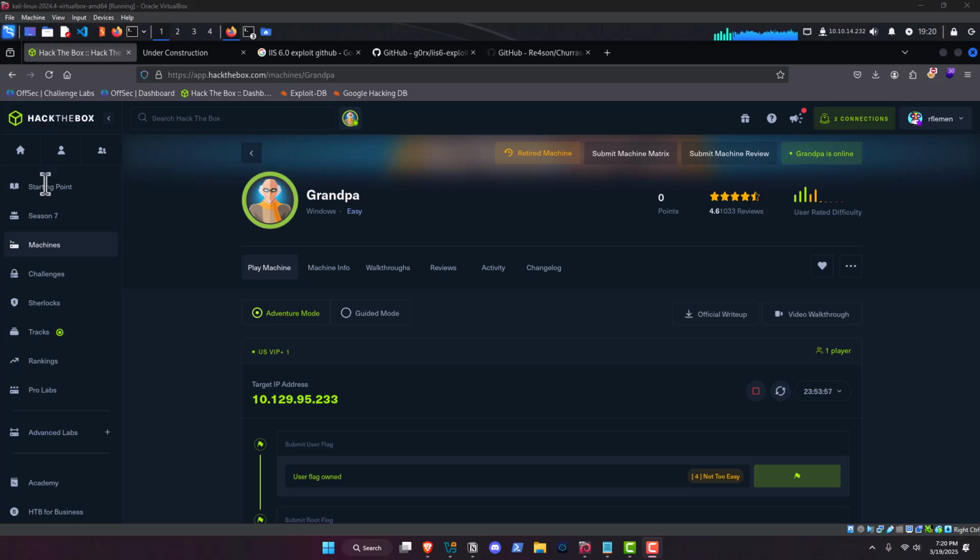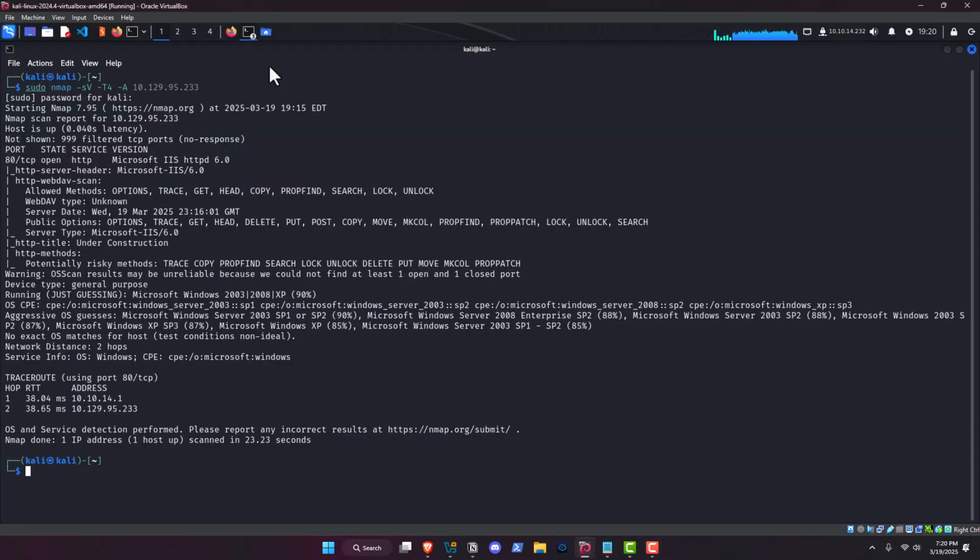So without further ado, you can see I'm on Hack the Box's VPN and I have Grandpa spun up, and here's the IP address of the machine. First and foremost, as we always do, I ran an Nmap scan, service version detection, T4 aggressive, on the IP address. And really the only thing that came back was port 80. Now, I did notice it was a much older version of IIS 6.0 and that the machine did have WebDAV on it. So I thought that WebDAV would be the way,